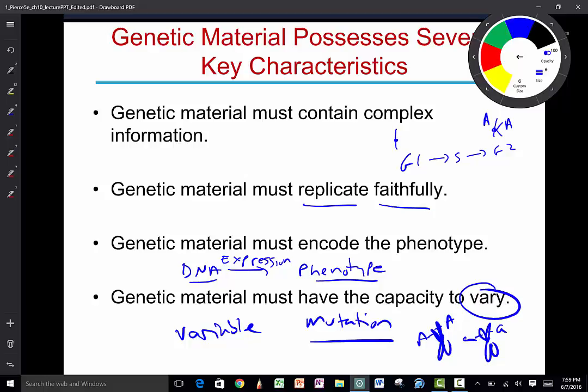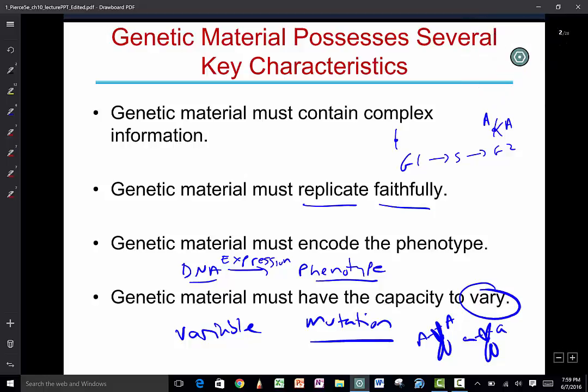So, genetic material must be complex, must be able to replicate, must be able to explain how it gets expressed into phenotypes, and it has to be variable. It turns out that DNA answers all these things, but we didn't really know that at the beginning, and it took